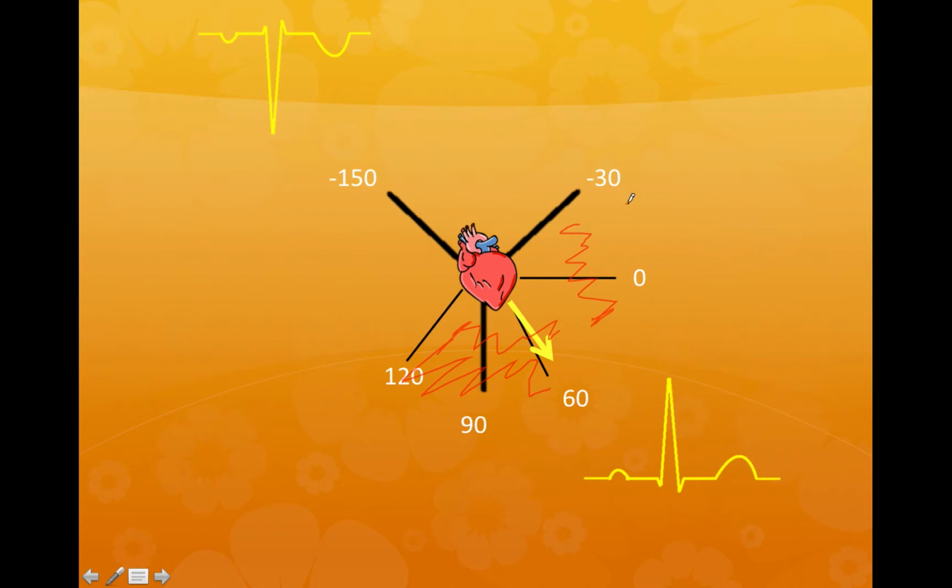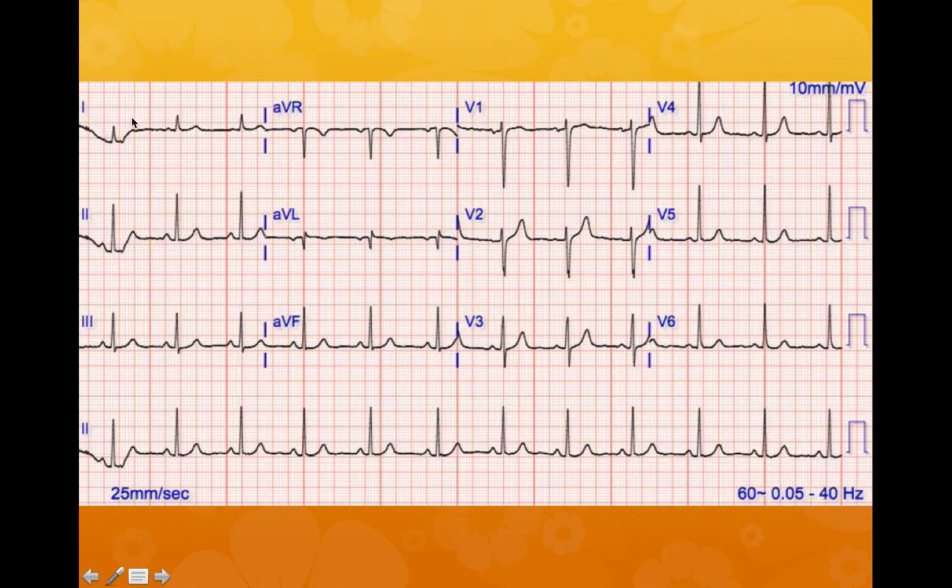If we're over here, it's going to be a smaller QRS wave, maybe in the middle, somewhere in between. If we're on the opposite side, in the opposite half, we're going to have a negative. The closer we get to the line, the smaller the negative is going to become, and then it's going to become positive. So in doing this, we can estimate that if lead 1 is positive,